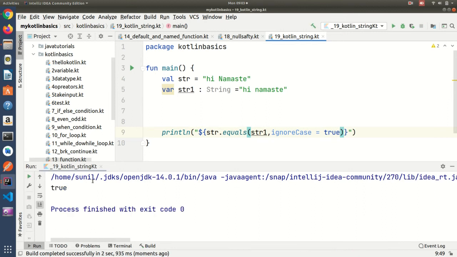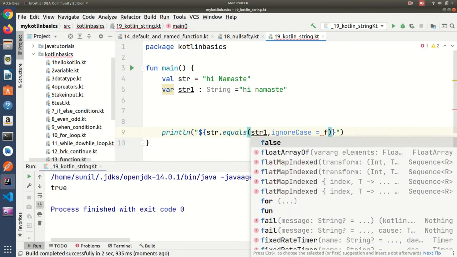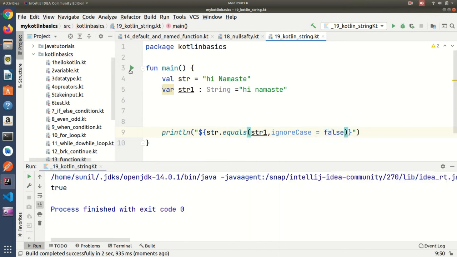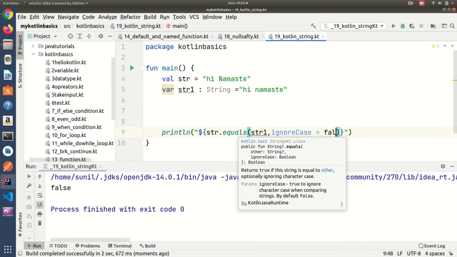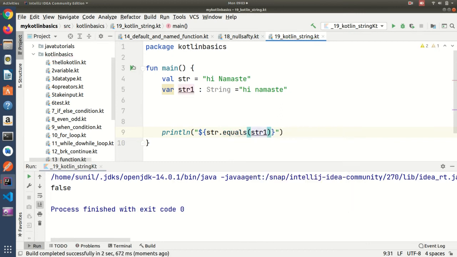Suppose I make it false, then this time it will print false. If I remove this also, it will print false. But if I use ignoreCase true, it will print true.